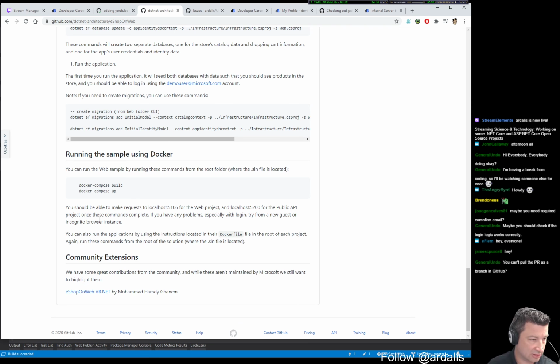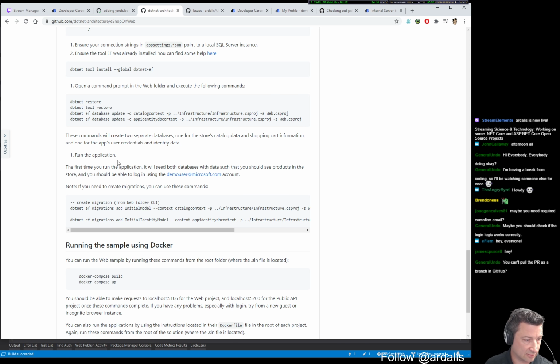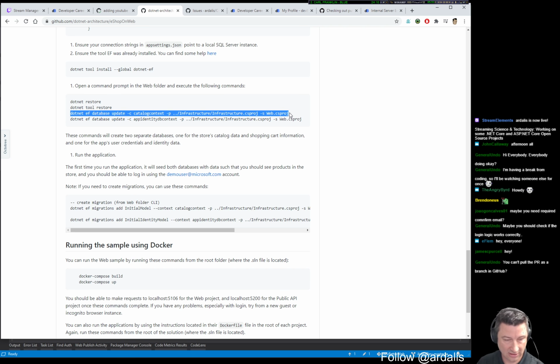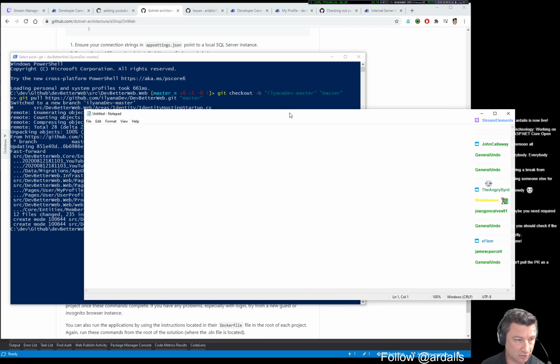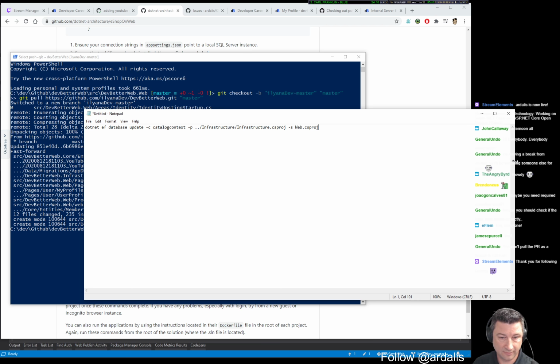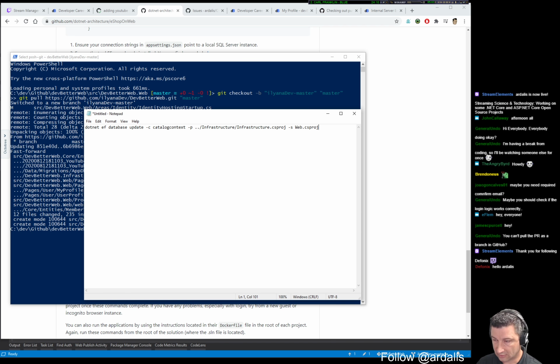But the only migration I need to run is, I'm assuming it was added. I know I saw it in the PR, it was added. So I need to do a .NET EF database update, that line, but I'm going to need to tweak it. So we'll open Notepad, paste this in,